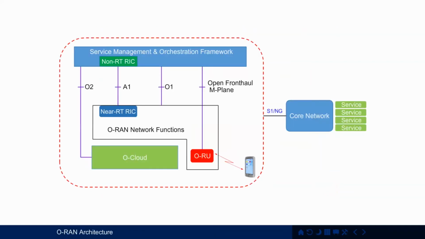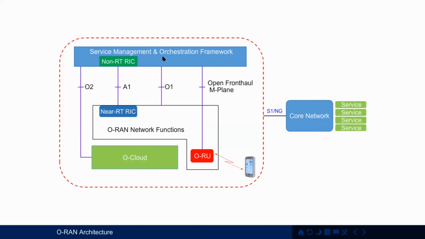In terms of the ORAN architecture, well, it looks nothing like a base station, rather a strange and curious picture. But within the ORAN architecture, this is the high-level architecture that we're looking at here. It's all divided into three parts. At the top, we have what's referred to as the Service Management and Orchestration Framework. In the middle, we have the ORAN network functions. And at the bottom, we have the O-Cloud.